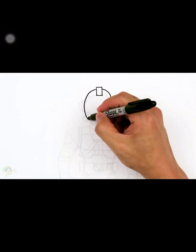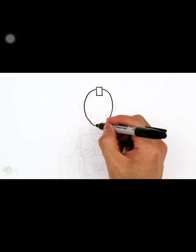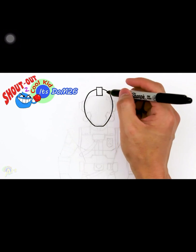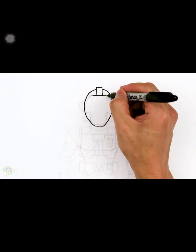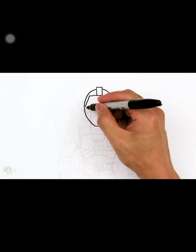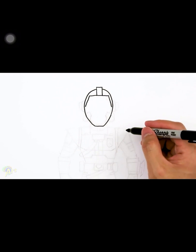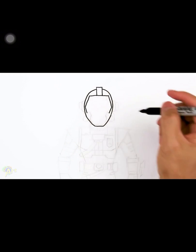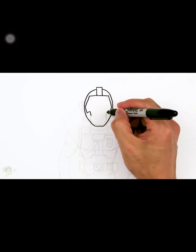Okay, so we're going to come all the way down. And once we're at the bottom, just kind of flatten it out. So after that, let's draw in some details. So now we're going to go in from this line here. We're just going to go out straight across until you're almost at the edge, and then we're going to come down at a slant, almost to the midpoint of this whole head shape, and then we're going to slant out. Let's come back in, and we're just going to draw a little hook,